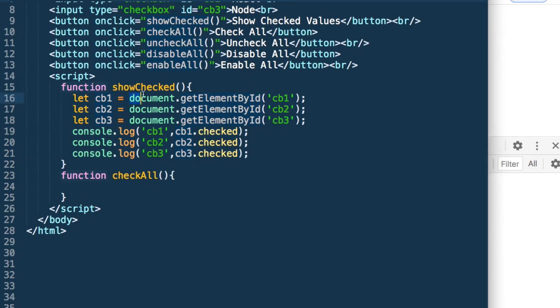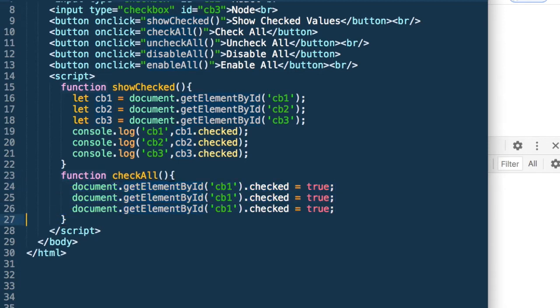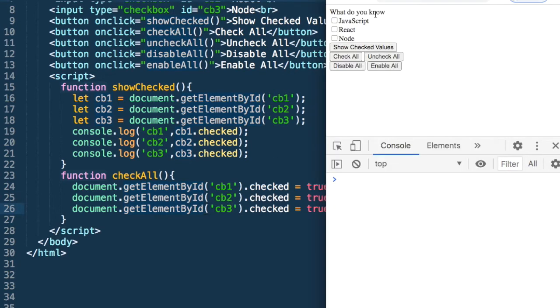I can get the element, document.getElementById dot checked is equal to true, which means it is checked. The same thing I can do for the other 2, and it should now work. Let's test it. Now if I click on check all, we can see all of them are checked.